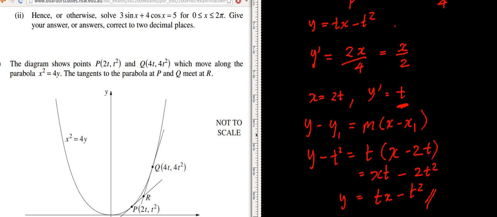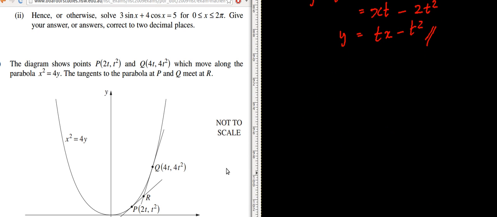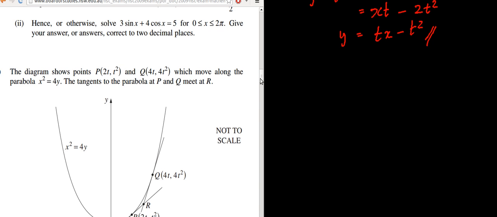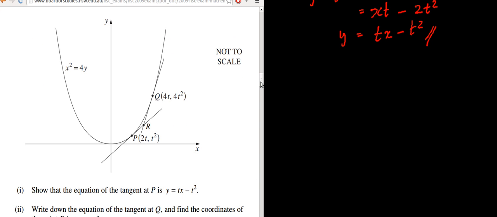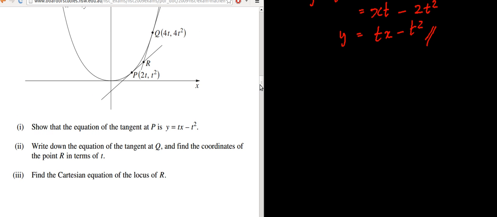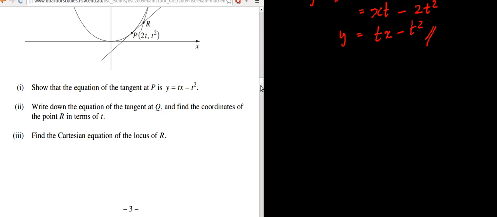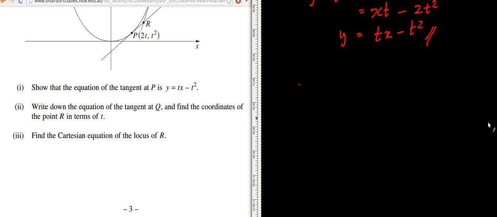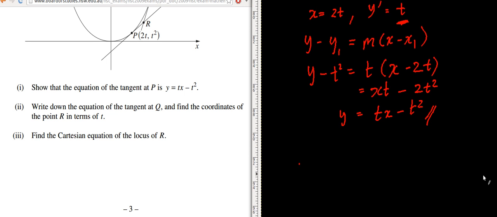Okay, so that's what the question is asking you to do. So that was fairly straightforward. Only thing you really need to remember is to find the gradient using differentiation and then plug it into the point gradient formula. Okay, write down the equation of the tangent at q and find the coordinates of the point r in terms of t. Okay, so we can do exactly the same thing for, so this is at p, right? And at q, the tangent at q is going to